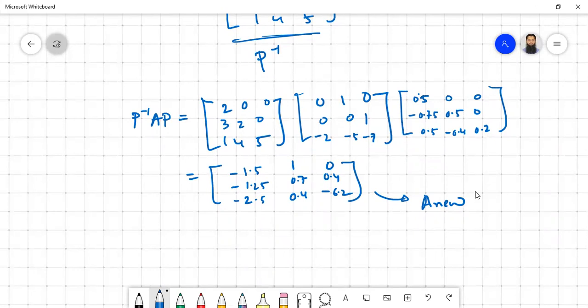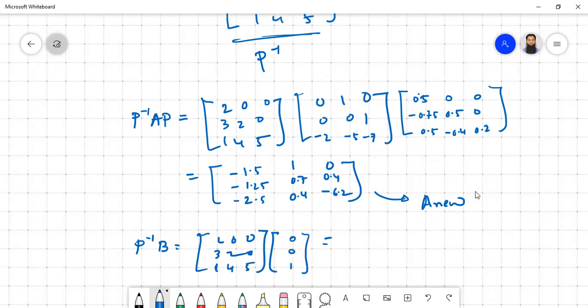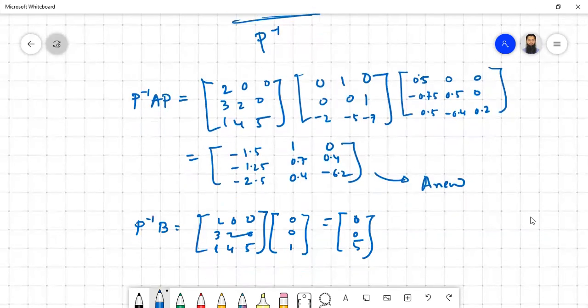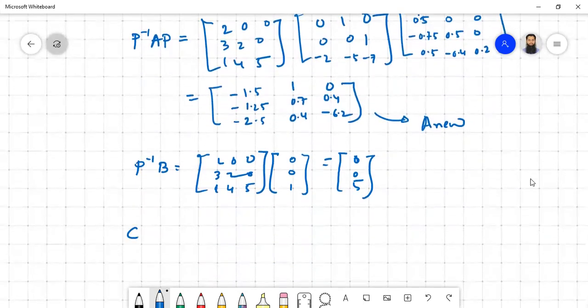So the next parameter that you will find is P inverse B. So P inverse is already given, 2, 0, 0, 3, 2, 0, 1, 4, 5, and B is also provided, 0, 0, 1. So if you just multiply, as you can see, the last column will be just existent, so 0, 0, 5. Okay. Now, as well as CP, the P you are supposed to figure out, so 1, 0, 0, and then you have this